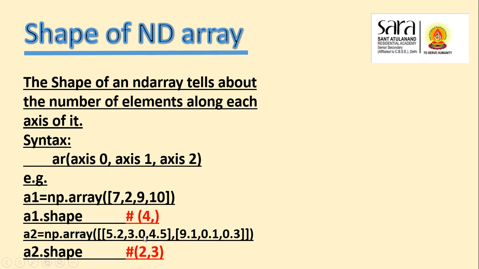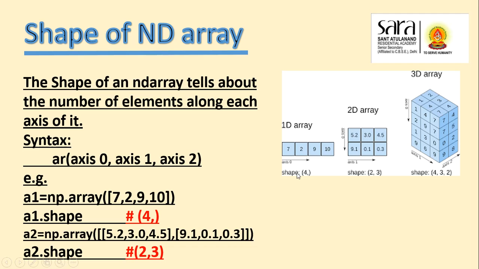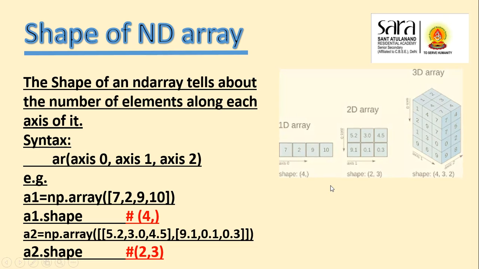In this one, a 2-dimension array is here. 1 2 3, 1 2 3, 2 index are there, that's why 2 is here. 1 2 3, 3 columns are there, that's why 3. In axis 1, 3 is there. We can see the shape here: in axis 0, 2 is there, in axis 1, 3 is there, that's why 2 and 3 is here. Okay,